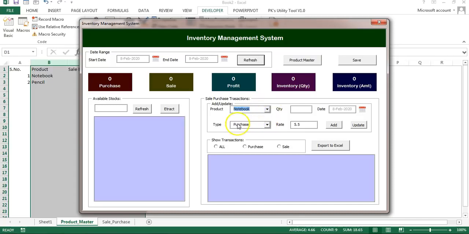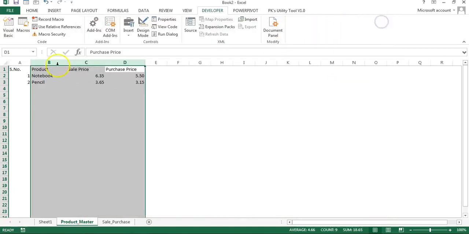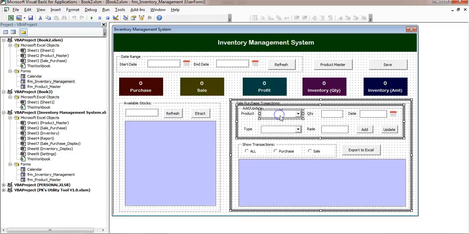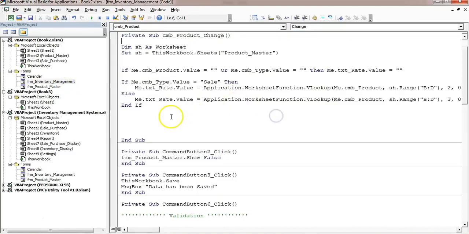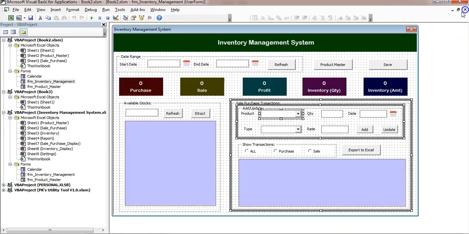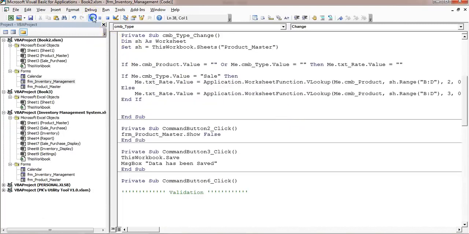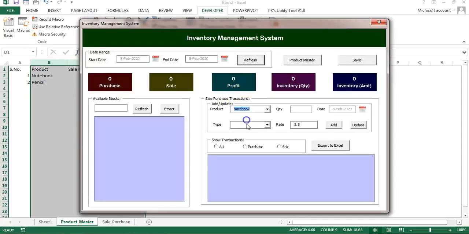So we have not put that code on the change event of this combo box. So what I will do, I'll copy this code available on the product change of this combo box, copy this code, then double click on this type and paste the same code here also. Run this. If I select anything here, it is just giving the rate irrespective of the type.